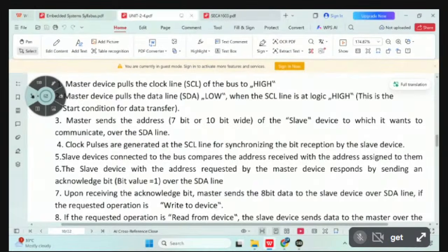Like that we are going to be sending the information from sender to receiver, right? Information